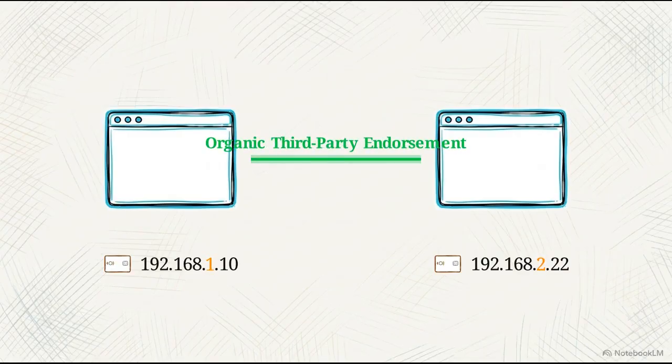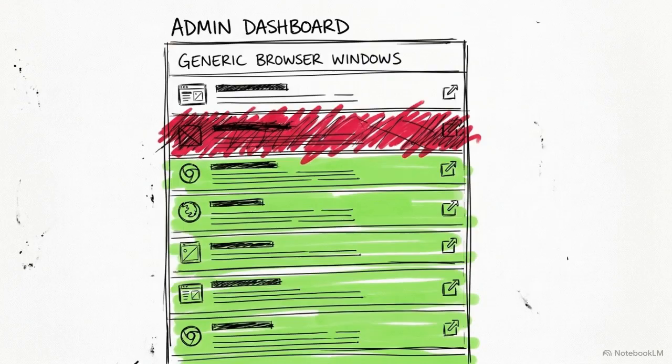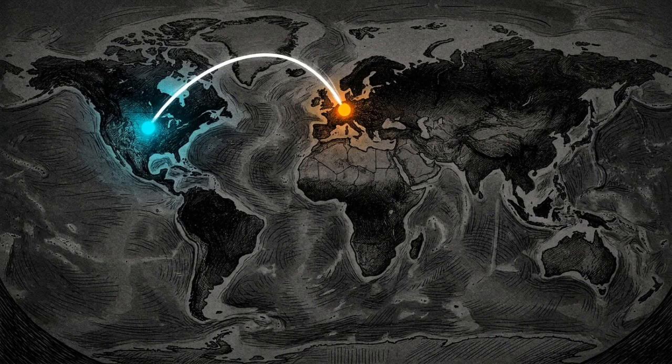This allows links between them to register as an organic third-party endorsement rather than a self-referential pattern. It's a higher monthly overhead than basic hosting, but it removes the risk of one client site's penalty affecting your entire roster. For the highest level of separation, you move to Class A IP addresses. Here, the very first octet differs, reflecting a monthly cost of $7 to $10 per address. Differing first octets signal that the sites are hosted on networks that are geographically and organizationally distinct at the broadest